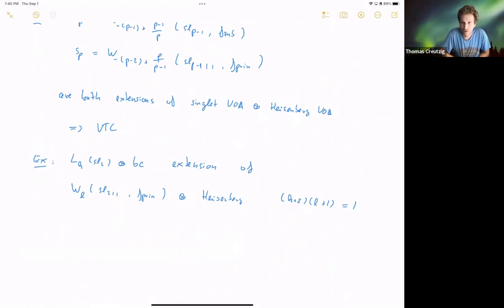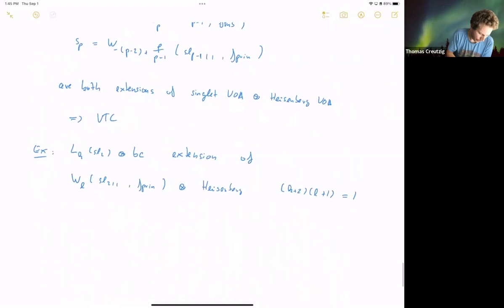And this example is in fact also a very first example of all the dualities that Andy and I studied. And it's one of the reasons why I think these dualities are quite important. So what do we have here? We have an affine vertex algebra, SL2, and it has the problem that it has all these non-C1 cofinite modules. It has all these not lower bounded modules. It has these modules that have infinite dimensional conformal weight spaces.